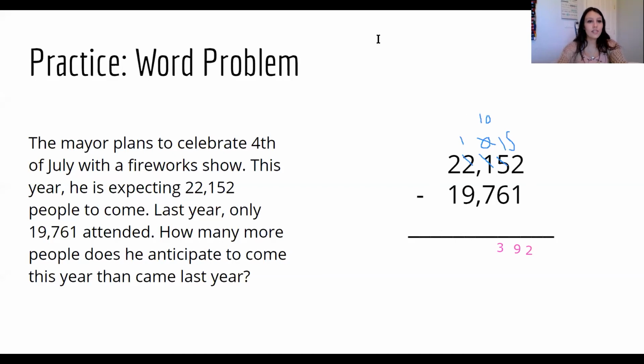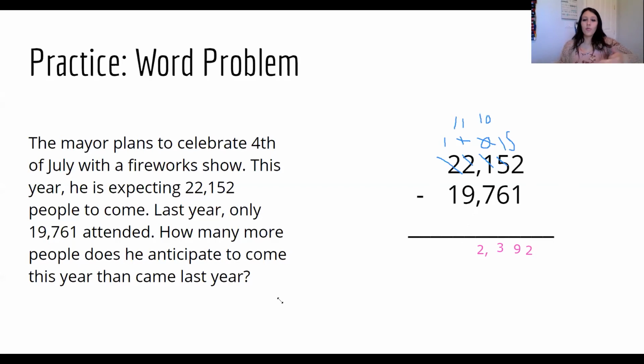So if we take my pencil, I'm going to take 2. I'm going to turn this 2 into a 1. And then this 1 over here is going to be turned into an 11 because we added 10 to it. So 11 minus 9 is 2. So I'm going to type in our 2. And then since we have 3 digits, we need to make sure we have a comma right there. Next up, 1 minus 1. What's 1 minus 1? It's 0, right? So we're just going to leave it. We're not going to write anything in that column. So our answer is